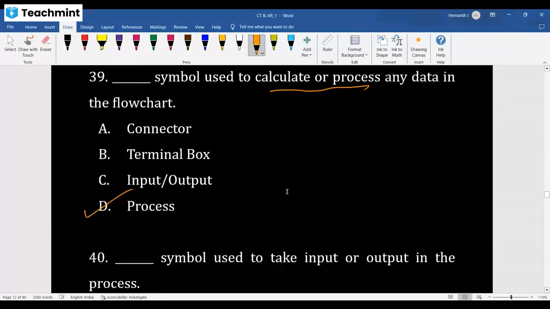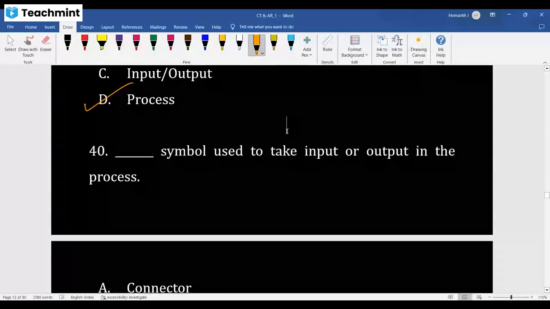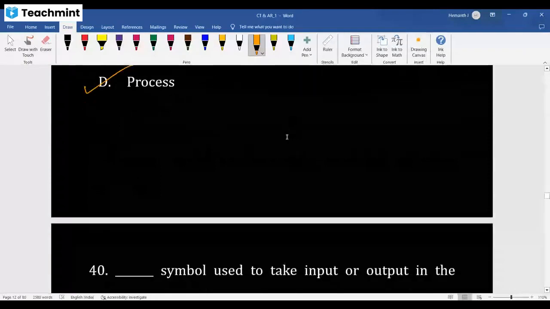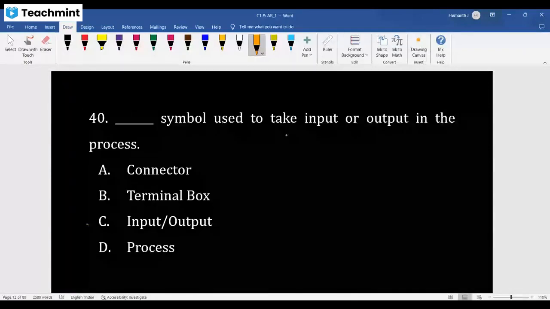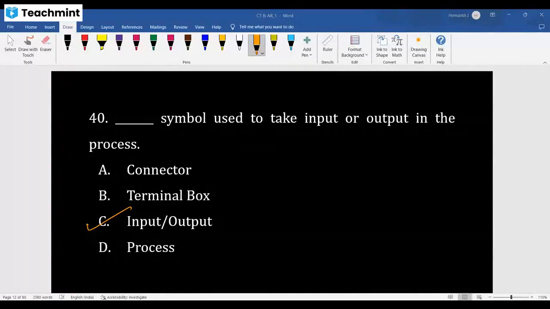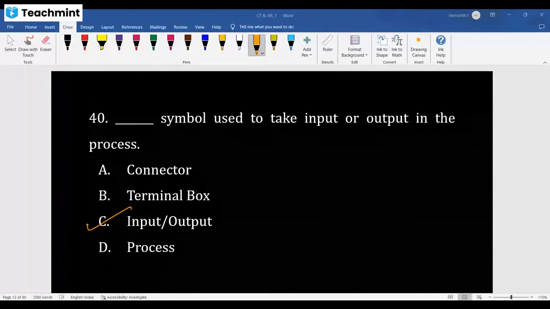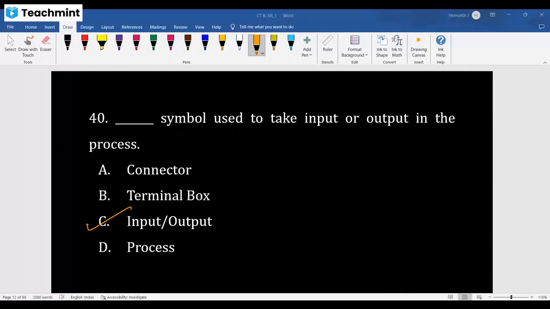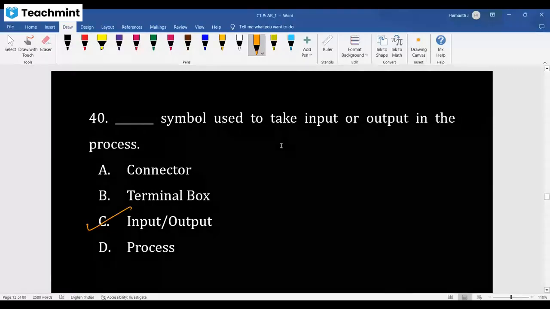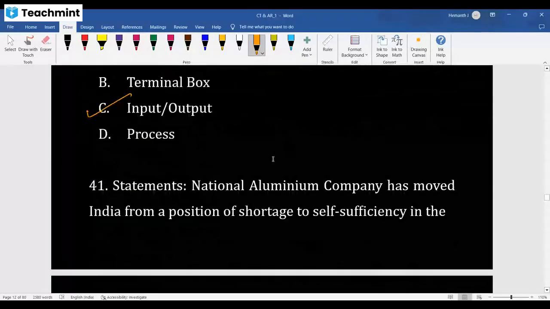Dash symbol used to take input or output in the process. See, input output. See, in the last three questions, the answer is available in the question itself. Process, input, output, connector, everything is available in the question itself. Next,